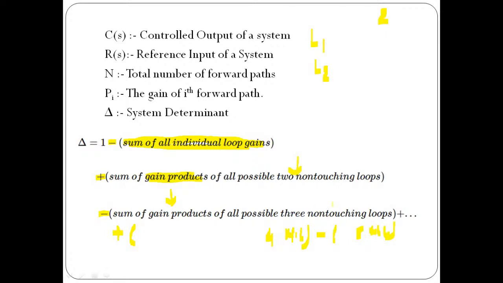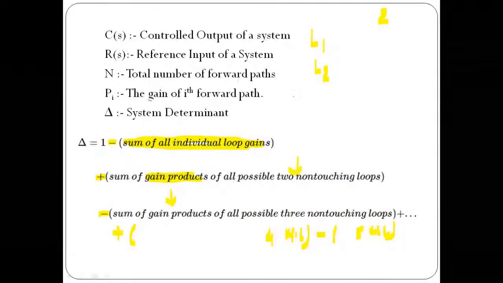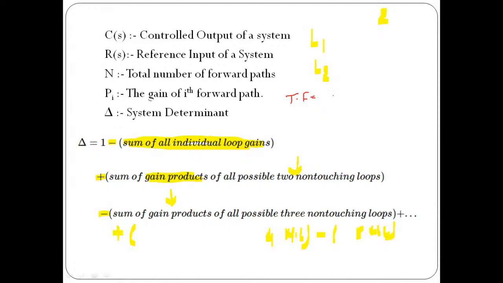So this is the basic general formula that we can implement in order to find the value of delta, which is called the system determinant. I hope this point is clear to everyone, and this is the most important point to apply the signal flow graph or Mason's gain formula to find its corresponding transfer function, because the formula is very simple. In order to find the value of the transfer function of a signal flow graph, the formula is TF equals